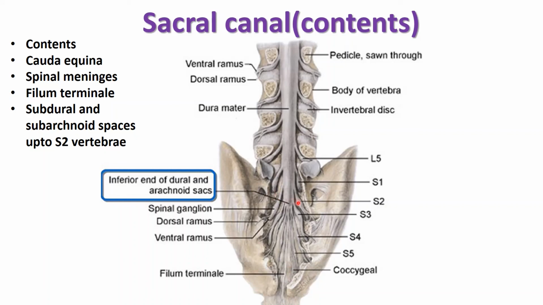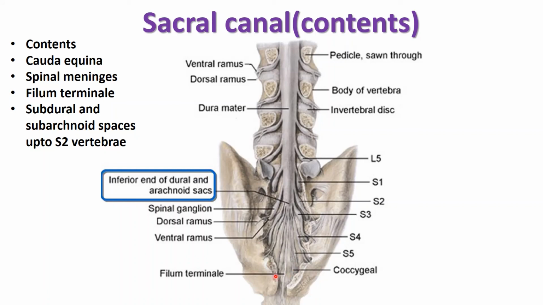So here you can see the spinal nerves over here, and this dilatation is the dorsal root ganglion. These sacral spinal nerves come out via the intervertebral foramina. So here will be the location of the intervertebral foramina, which has been cut over here. After that, the spinal sacral nerve divides into the dorsal ramus and the ventral ramus. The dorsal ramus comes out by the dorsal sacral foramina, and the ventral ramus comes out by the pelvic sacral foramina.